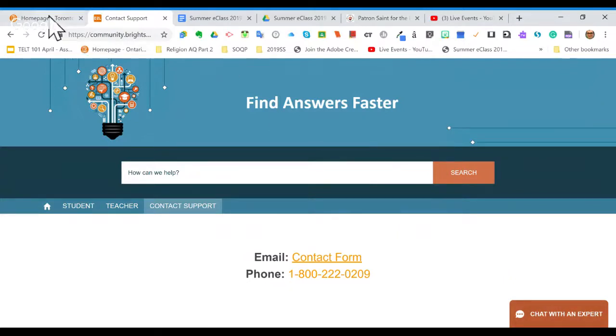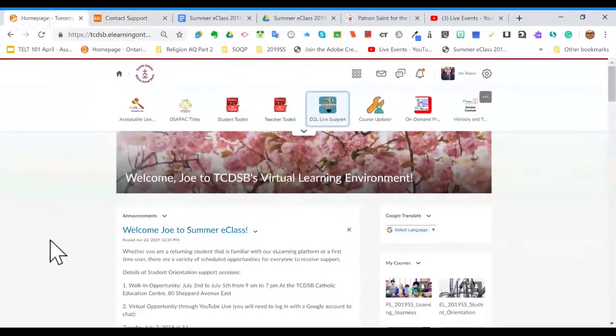So just to be very clear, you would contact D2L not for login help, because that information comes from us. In particular, you would email eregister@tcdsb.org. So again, eregister@tcdsb.org. And you can include particulars like your OEN number and indicate what the problem is in terms of your login, okay? But everything else related to troubleshooting your computer and the interaction of the e-learning platform with your computer, you can contact D2L for support.